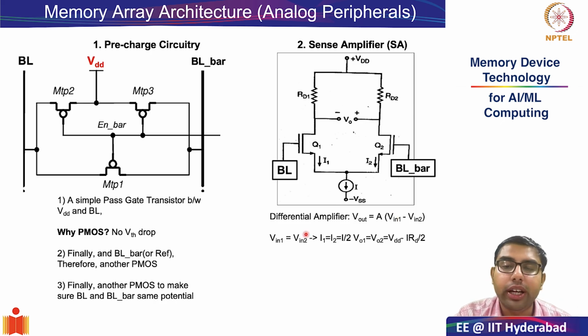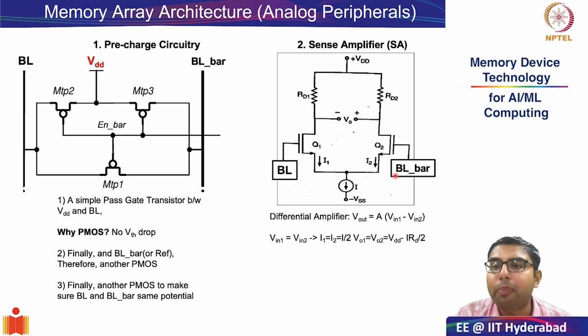Also, we discussed earlier that a sense amplifier can be constructed with an open loop op-amp. But that is not a good thing because an op-amp is a very complicated circuit consisting of 20 transistors. Since peripheral architecture is very area sensitive, you would like to build a very simple differential amplifier. And this can be done by putting two common source amplifiers in tandem.